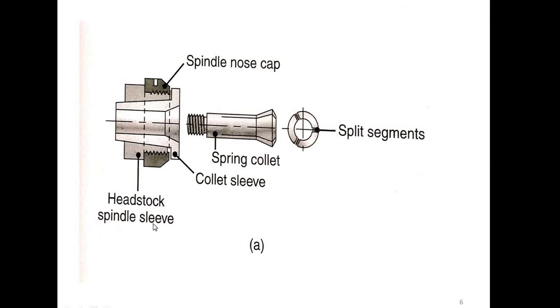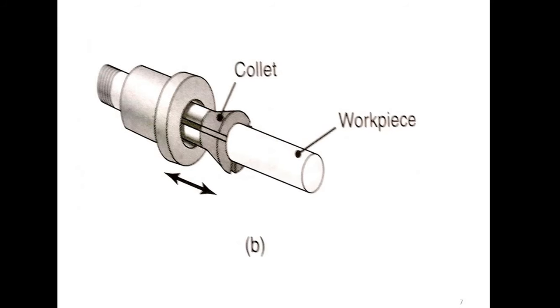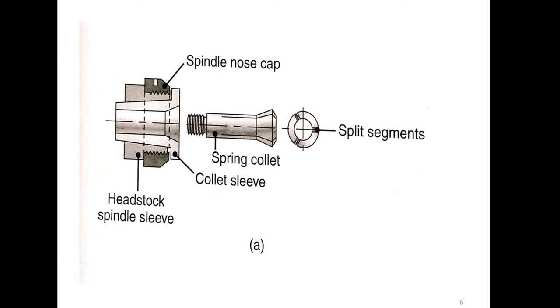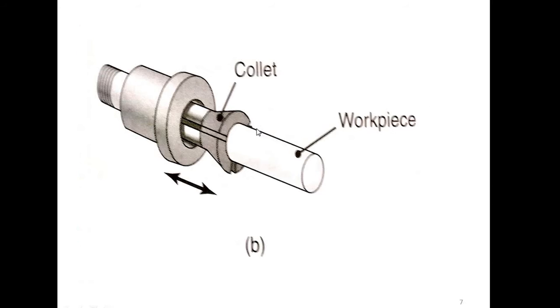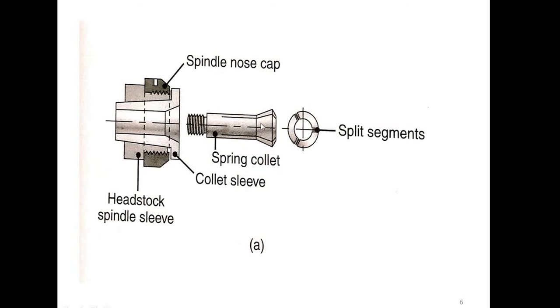So here headstock spindle sleeve is there, then spring collet is there, and in a spring collet that workpiece is held to manufacture or to do the various operations. Again here this is a workpiece shown here. This is a collet, and in this collet workpiece is fixed, and spindle nose cap is there, when we clamp it, here